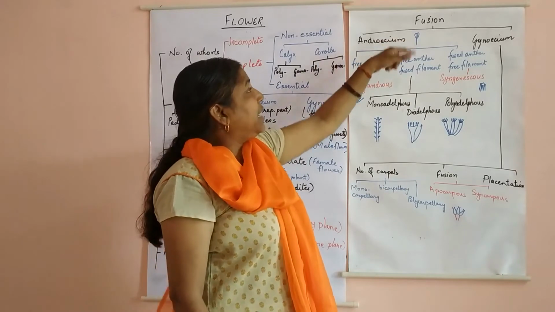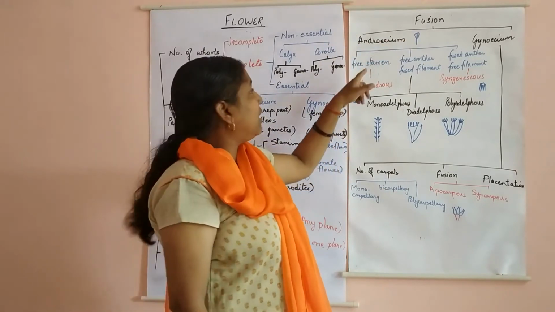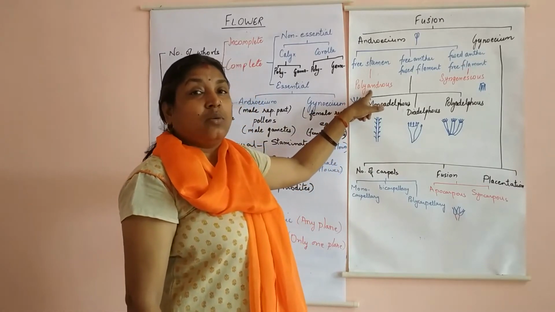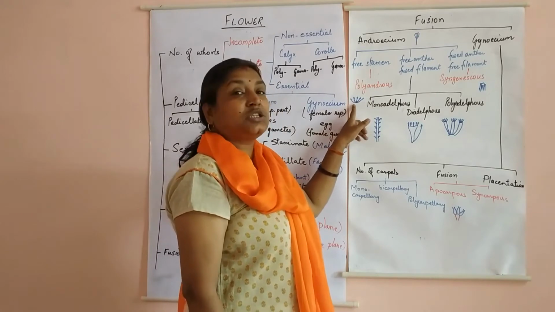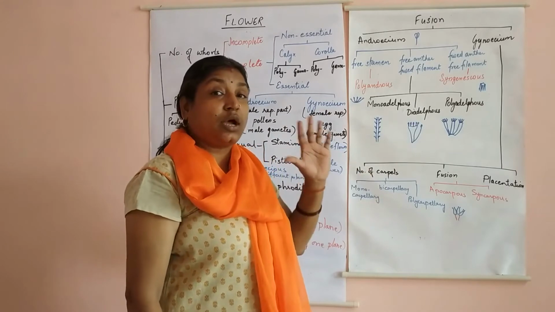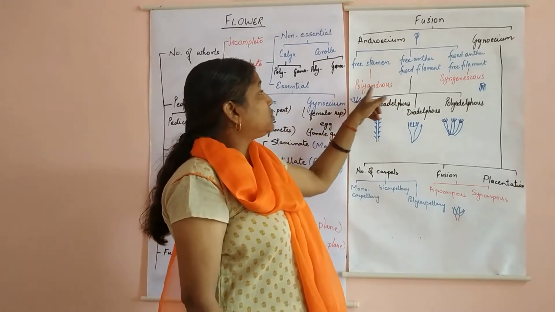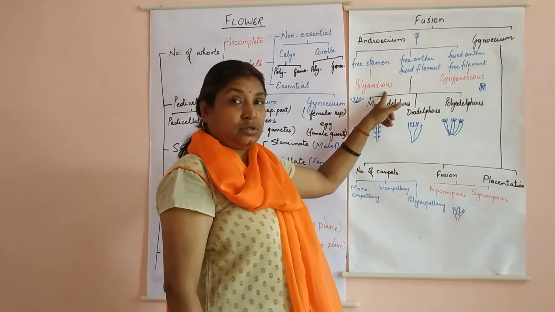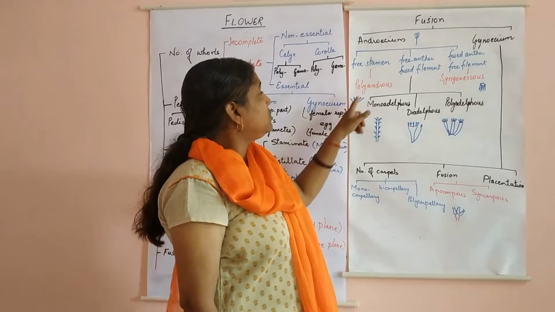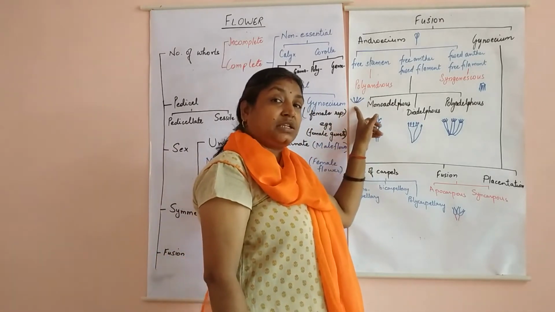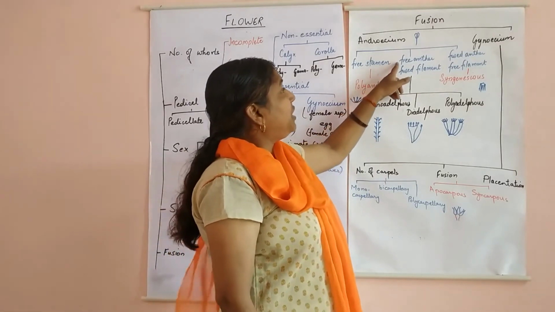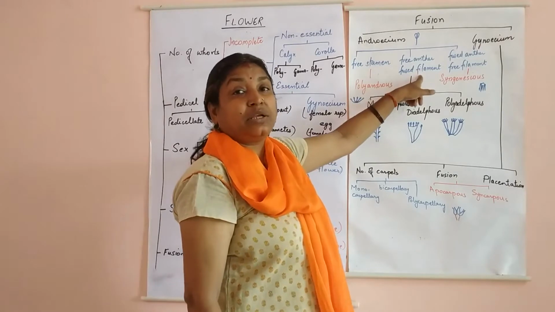Wherever the entire stamen, that is a filament and anther, both are free, we call it polyandrous. The condition is known as polyandrous. So this is how you can see all the stamens are free. Here the entire stamen is free. This you have to remember. Polyandrous. Poly is many, androus means anthers. Anthers means all the male part. So polyandrous, all the stamen will be free. The entire stamen will be free. Example is your rose.